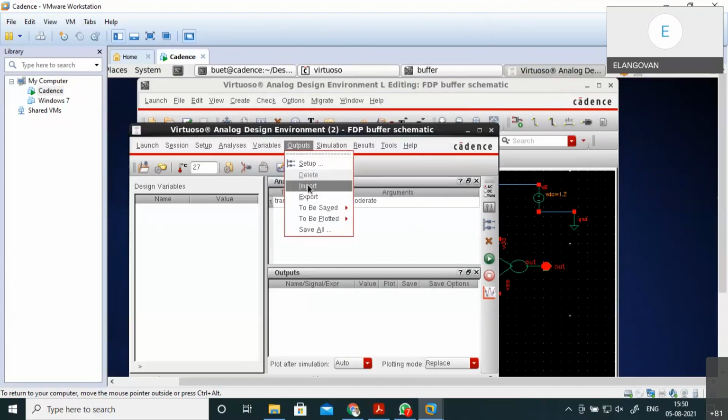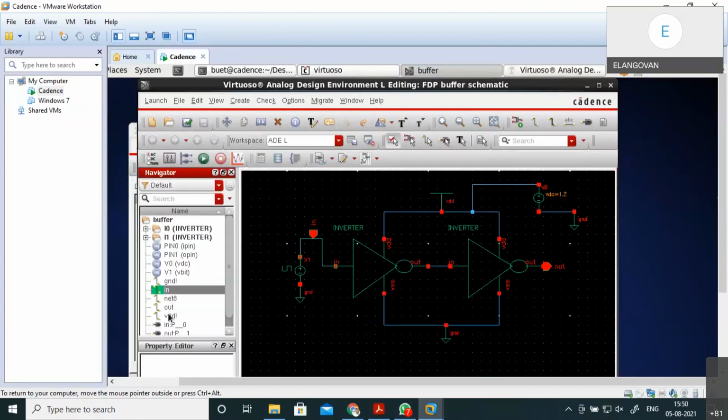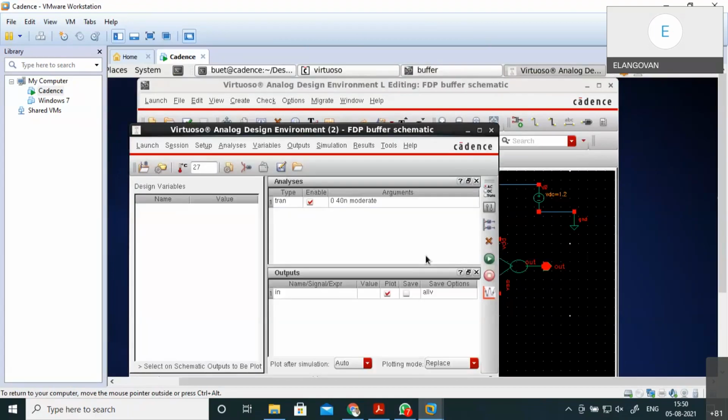So I'm going to see my output. Plot. Select schematic. Input and the output. These values I'm taking. Sir, please unmute yourself.